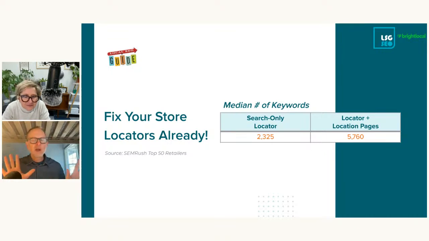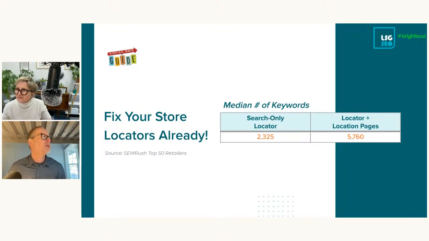So before we go any further, for those of you who have store locators on your sites, you should have what we call a crawlable store locator system. What we mean by that is you often see sites with multiple locations. When you get to the store locator page, you have a search only locator. It means type your city or zip code, and then it shows you your location. The problem with that is Google can't type in your city or zip code. So it needs to have a way to click on links to get to basically your location pages.